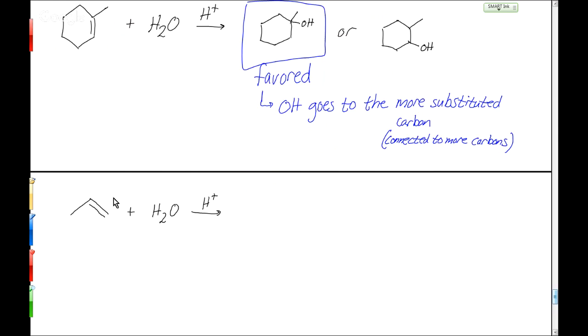So think about this the same way. We've got 2 carbons in the double bond. One gets the H and one gets the OH. The OH is going to go on the carbon that has more carbons connected to it. So which one is that? The one in the middle or the one on the end? Middle, right. So the product should be